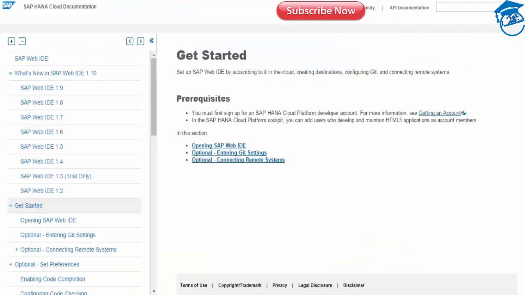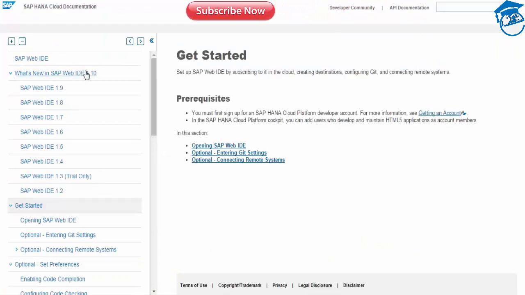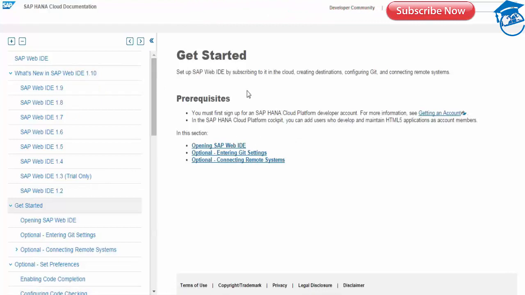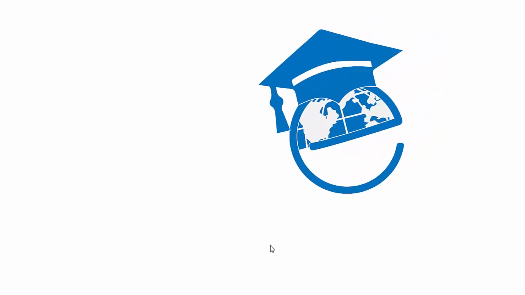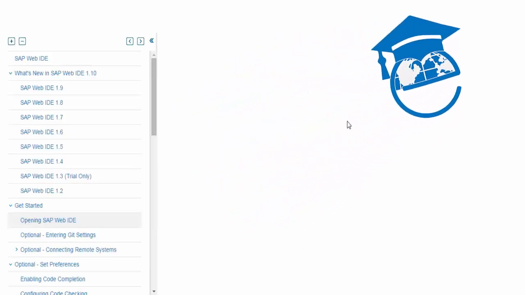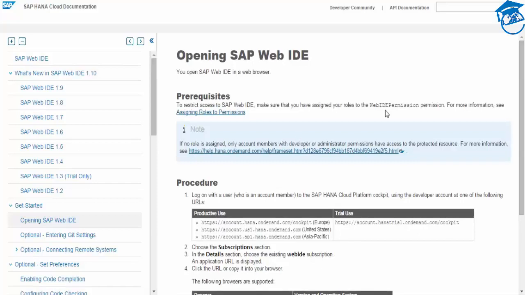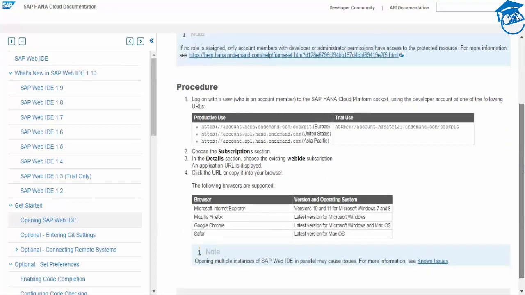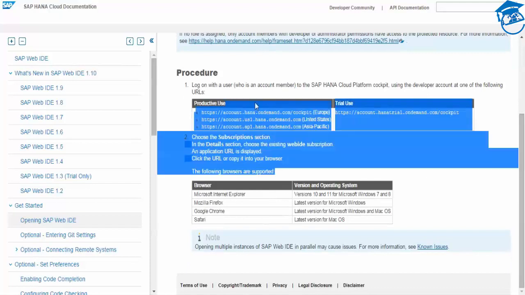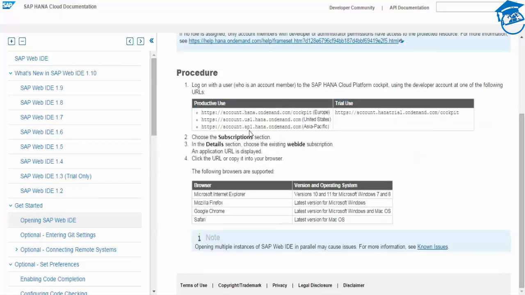So we'll see Get Started. The latest version is now 1.10; earlier it used to be 1.9. How do we open Web IDE? That is also given here. These are the prerequisites for opening HANA. This is the account we'll be using for the United States, and in general we'll use this account.ondemand.com. This is the one we use